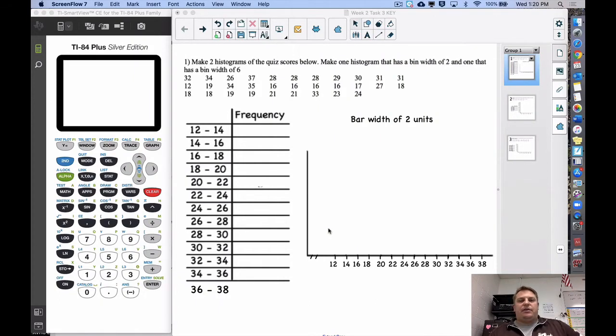Practice for week 2, task 3. Really similar to what you would see on the homework, but it's not the exact same answers. So don't check yours and think you did something wrong or something like that. But as we look at this problem, we're going to make a histogram, and here they've already set up the